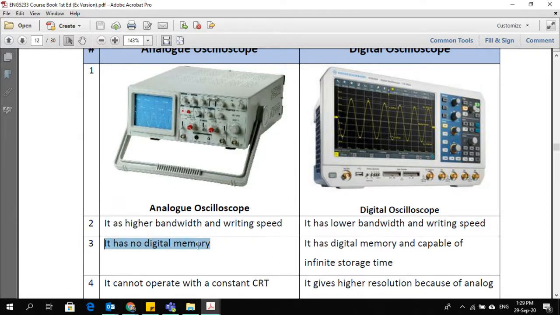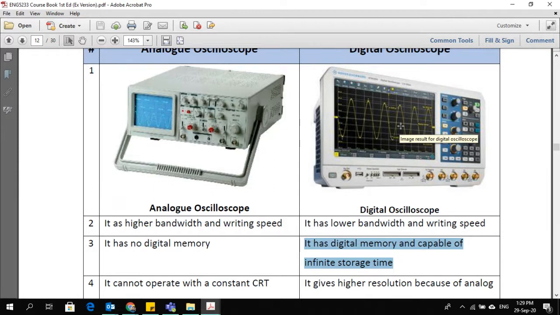Analog has no digital memory. Digital memory means, like your mobile phone has digital memory, computers, laptops. So they have digital memory. You can store some information, some instructions in them. Analog doesn't have that. While the digital oscilloscope has digital memory capable of infinite storage time, meaning the waveform behavior which